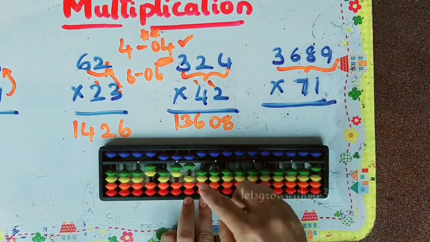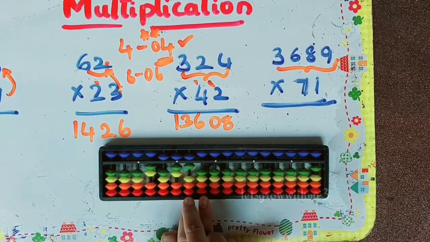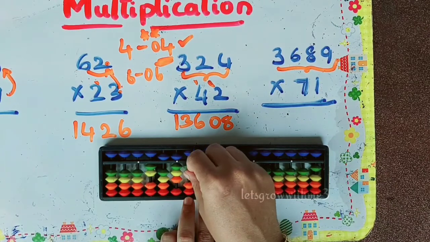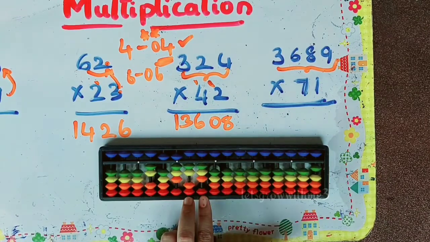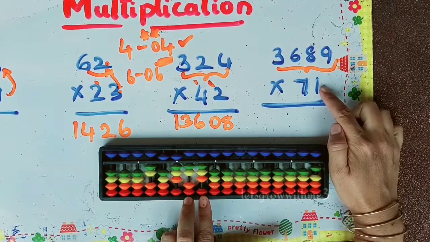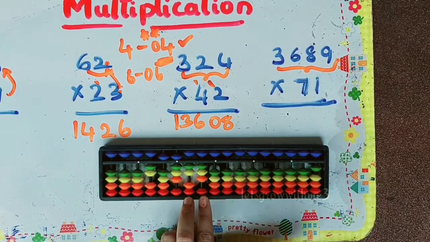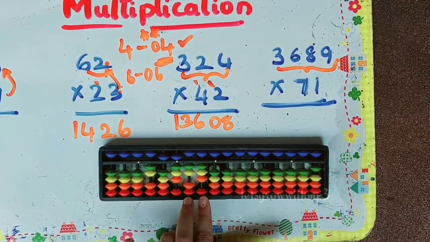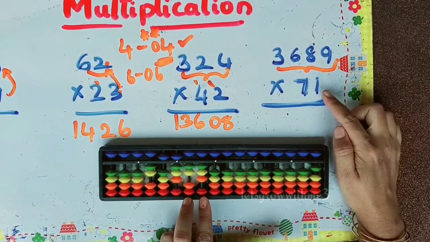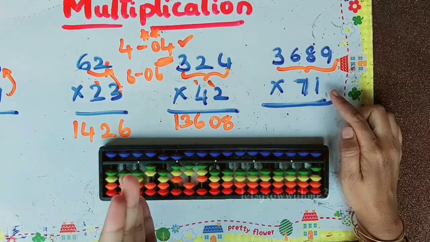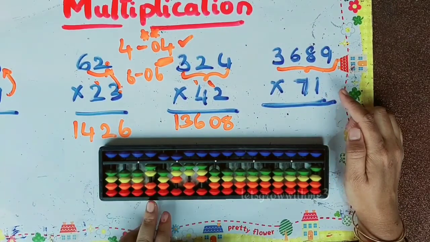7 9s are 63. So how to add 6 here? We can't use big friend, we should go for combination. Plus 10, papa, mama, babies up, 63, and then we are left with the 1, right? Here we have one column to represent that one, means whatever we are doing, that is correct. Okay, and the next one is we have to leave this 7 and we should do with the 1.